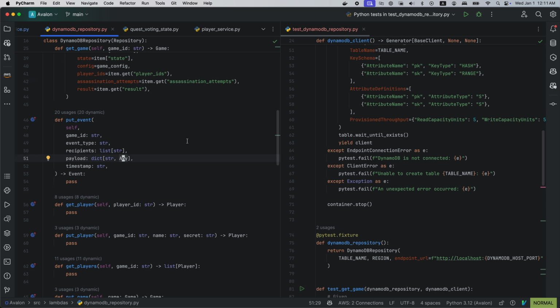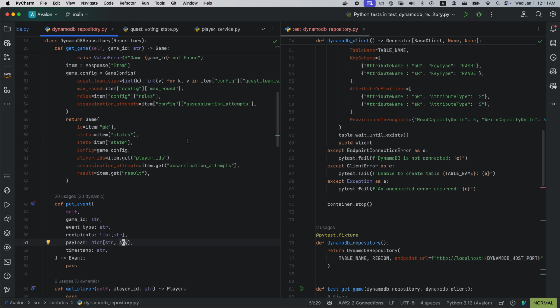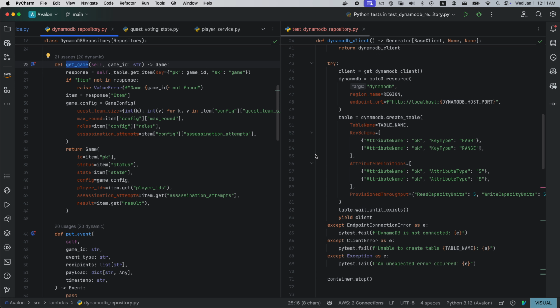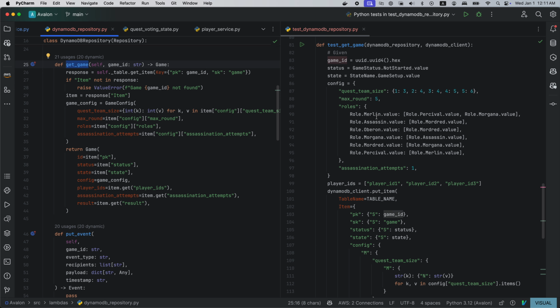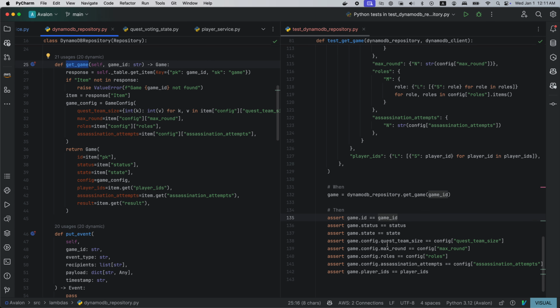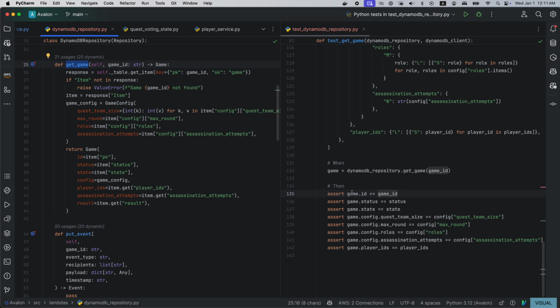Okay, so actually this is a good start, because now we have a get game. This is querying from the database, where we actually store something using the DynamoDB grammar, and then basically transform it to the game core entity.